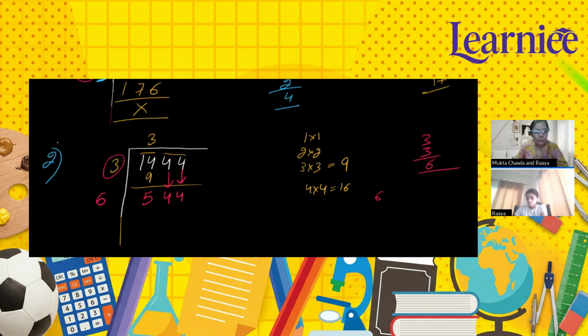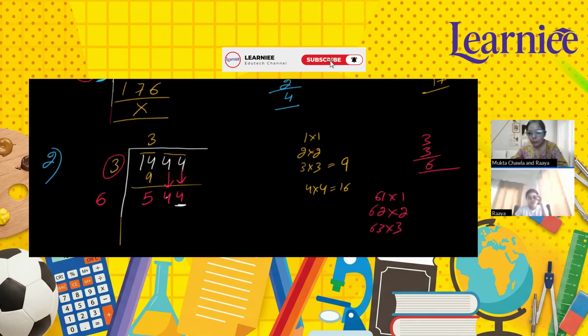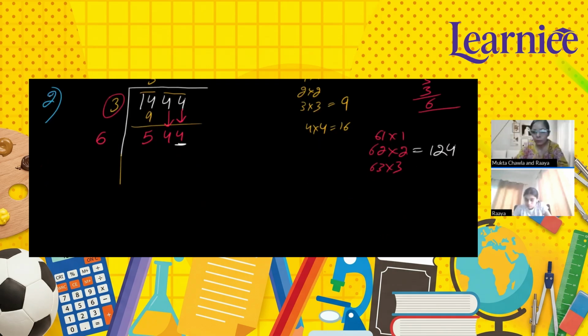So we go like this: 61 ones are, 62 twos are, 63 threes are. What digit do we need at the unit place? 4. If I go with 62 twos are, 2 twos are 4, we get 124, which is less than 544 but not near it. 64 fours will give 6 at the unit place. We have to think of a number that can give us 4 at the unit place. 8 eights are 64. Should I try 68 eights are, because it will give us 4 at the unit place? 68 eights are 544.